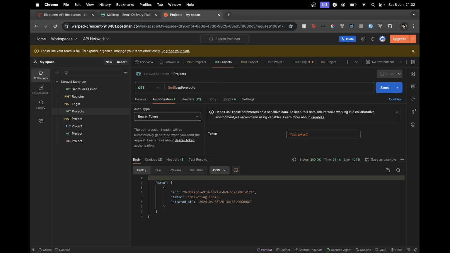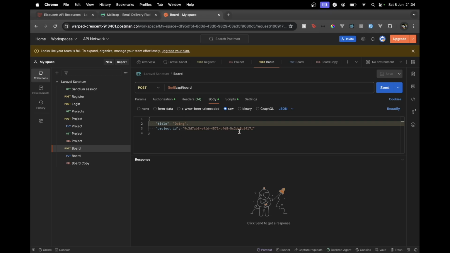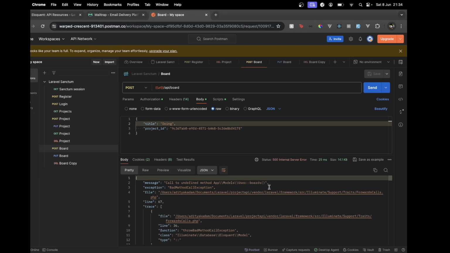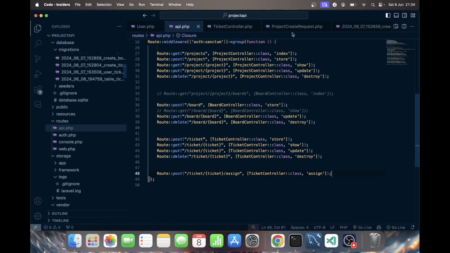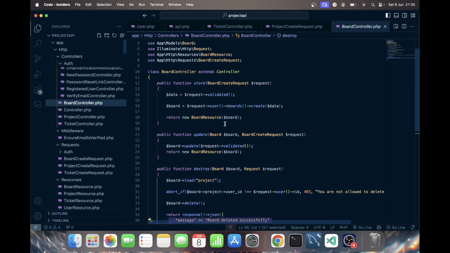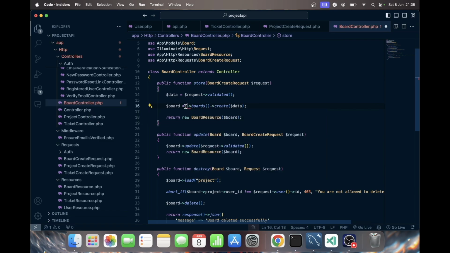Now let's try the board route. So here we have the board, project ID, doing, send, boards on users. Why do I call it on users? Let's see. So if we go to board controller, oh sorry, it shouldn't be on user, it should be on the project. So here I need to do